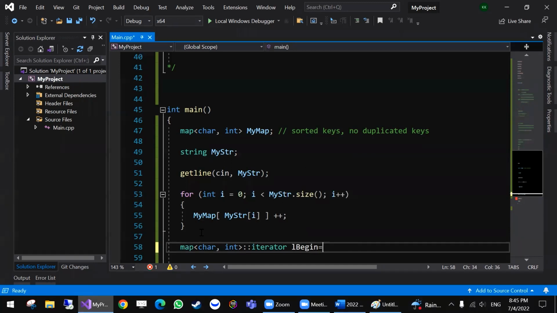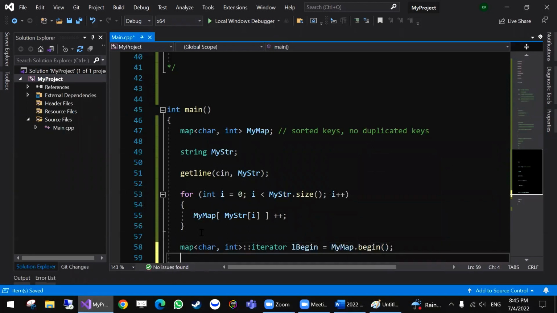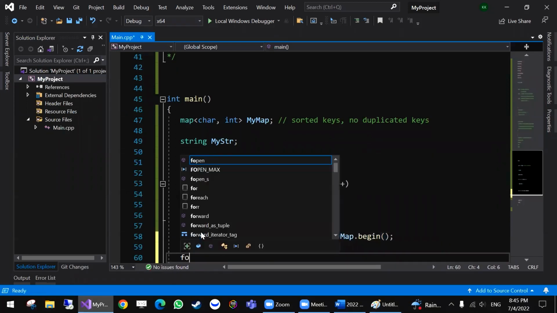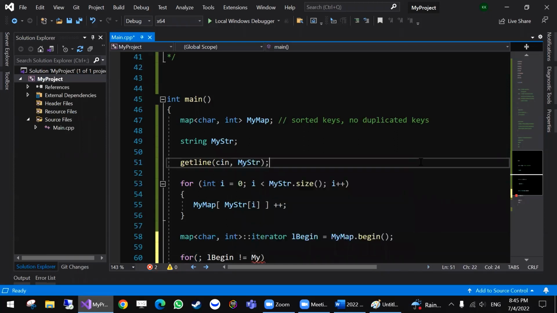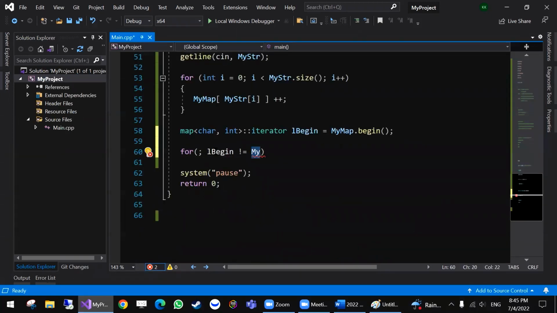This L begin equals what? Equals my map dot begin. Then I'm gonna say for, I already declared it, while L begin is not equal to my map dot end,